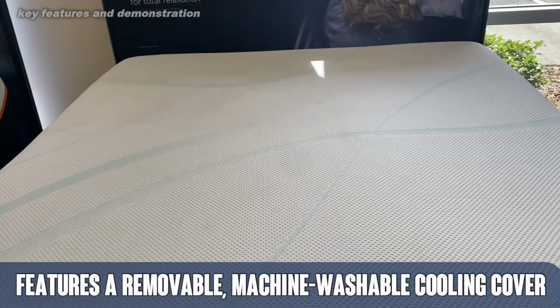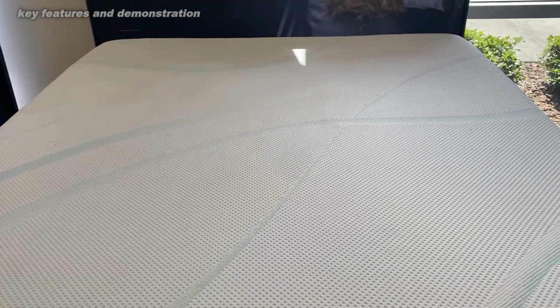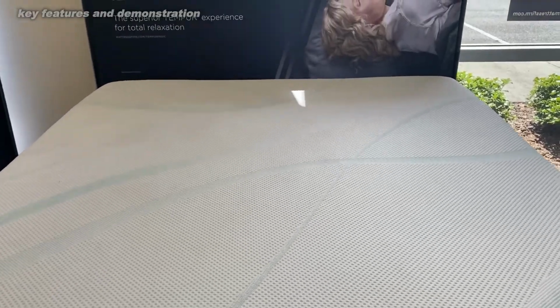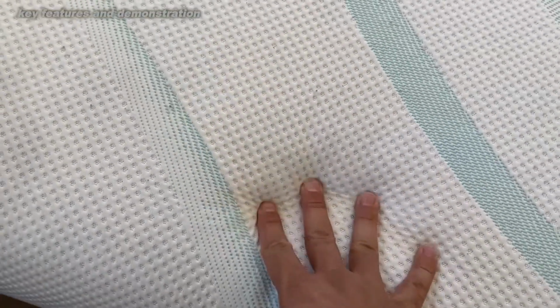So if you're considering a memory foam mattress and you want the top end, the best of the best, then consider Tempur-Pedic. These mattresses are designed to last 10 to 20 years. They have a washable cooling cover,